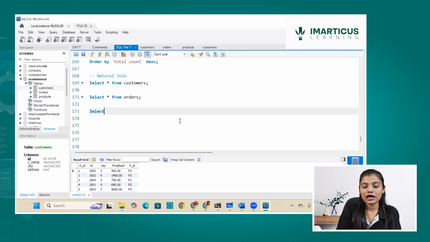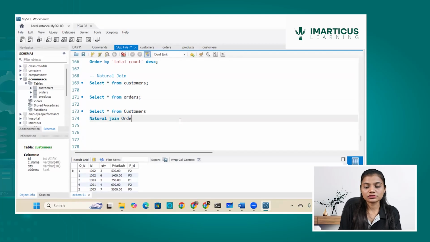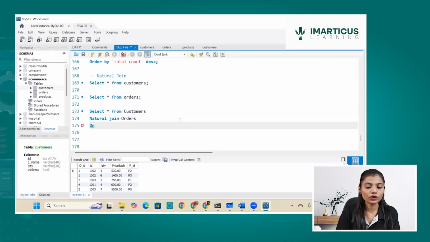But here I will write select star from customers natural join orders. And if I try to say that there is a joining condition, if I write on over here, you can see on is not valid at this position, expecting the end of the line or end of the statement.